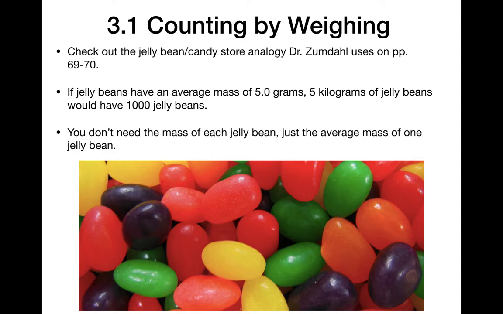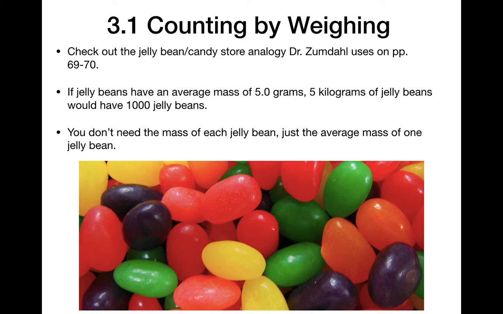When you don't have the opportunity to count the items, you'll want to find the average mass of just one item and then use that average mass to find the mass of many of the items. So if a jelly bean has an average mass of 5 grams, then 5 kilograms would be 1,000 jelly beans. In the same way, if one atom of carbon weighs on average 12.01 atomic mass units,